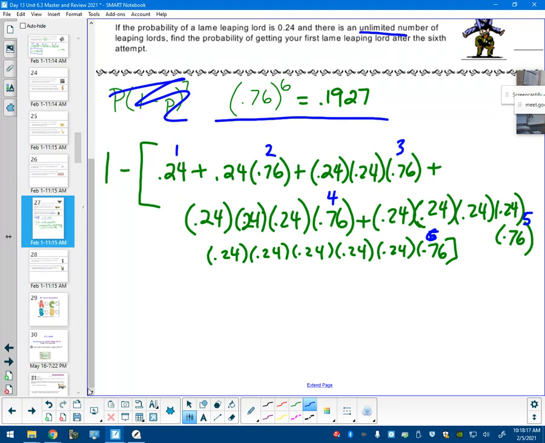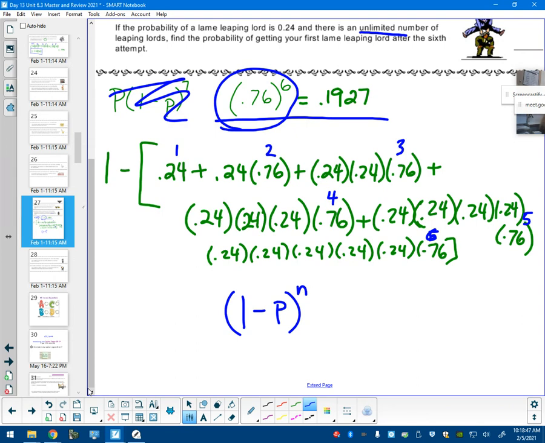But the shortcut is doing this formula, which is 1 minus, what is it, 1 minus p to the nth power. So if you want it after the 6, the first 6 have to be failures. And that's all you have to do. It feels wrong, and that's the very last formula, and we didn't discuss that yesterday, but it actually does work out to be okay.